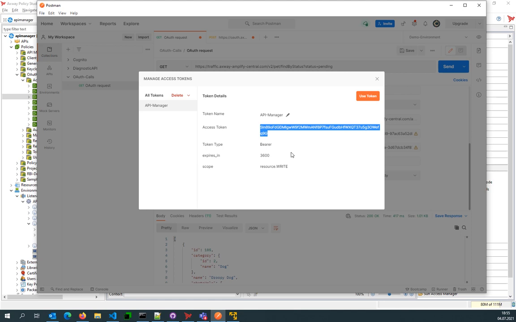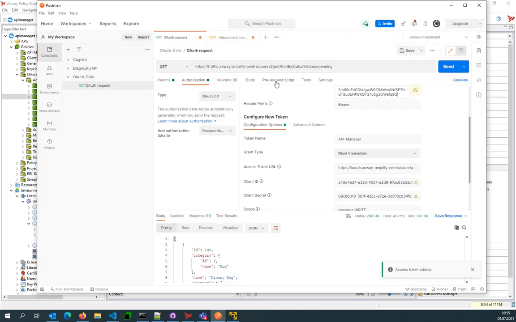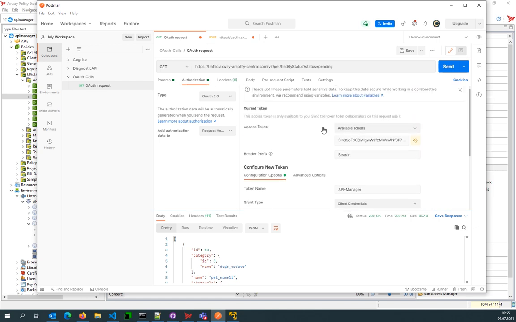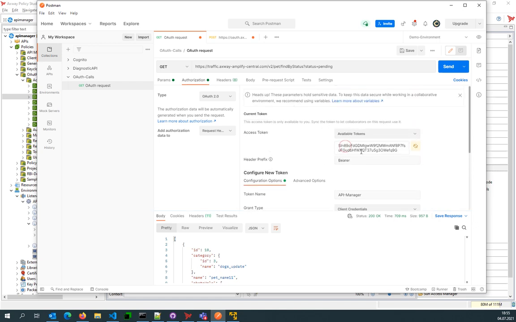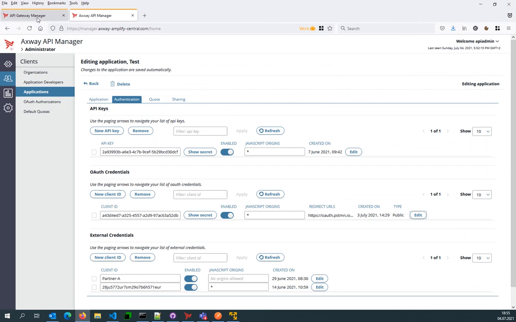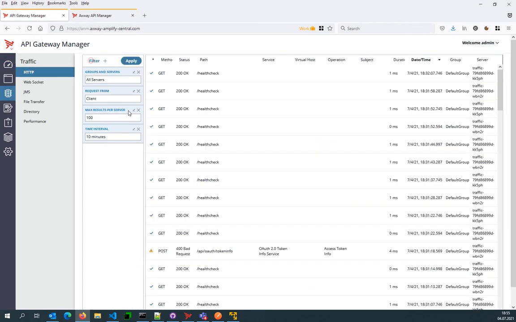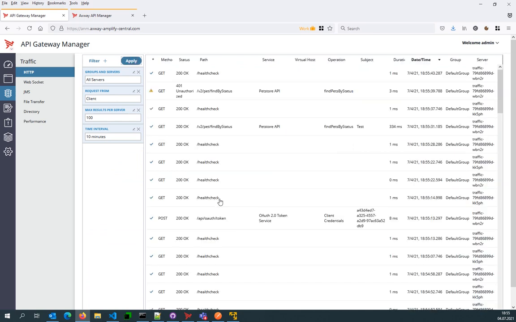by-reference token, and the real token and the value and everything is now stored on the client side. So we use that token, and now we can call our API, which is configured with that token. And if I modify that token in a way to make it invalid, then of course I'm getting an unauthorized. And also when checking that in the API Gateway Traffic Monitor, I see that successful request with that test application, and I see that failed request, and I can also inspect the